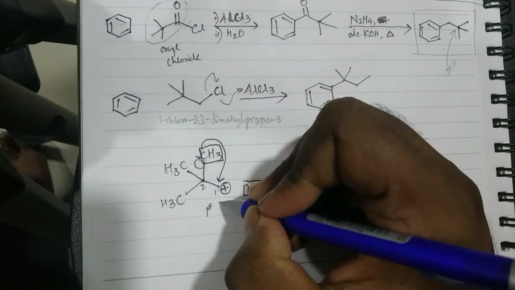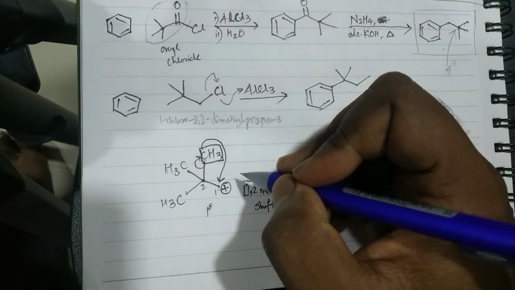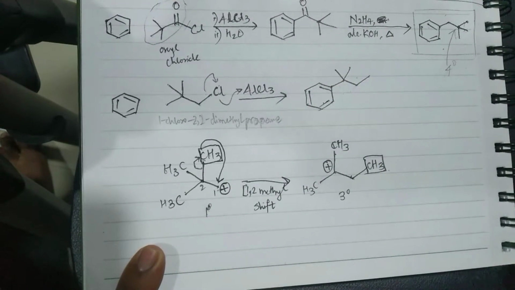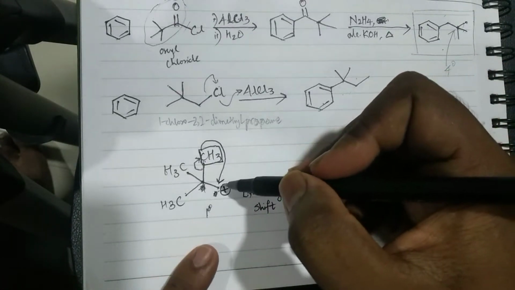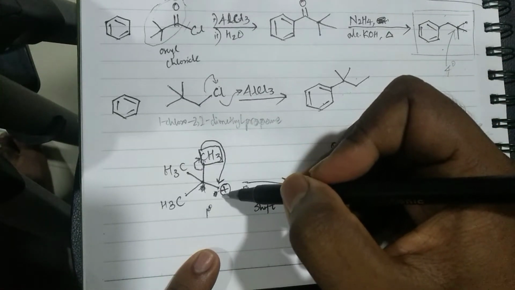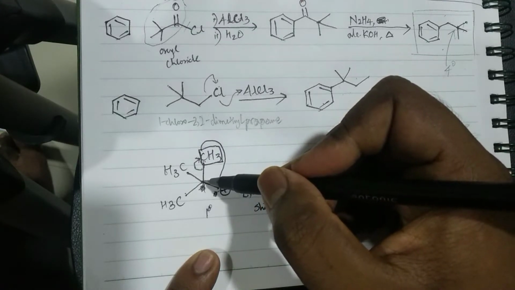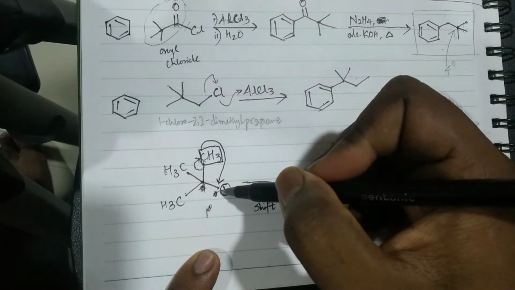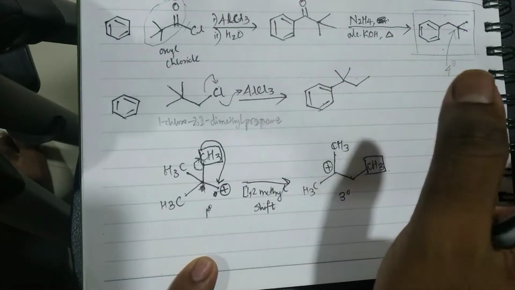it will generate this primary carbocation. Obviously the chlorine is leaving from here. Now, one minute, I'll just remove these numbers. So chlorine leaves from this carbon, so it will leave a positive charge behind. Now, if you look here, the neighboring one is a quaternary carbon: 1, 2, 3, 4. Quaternary carbons cannot be carbocations.